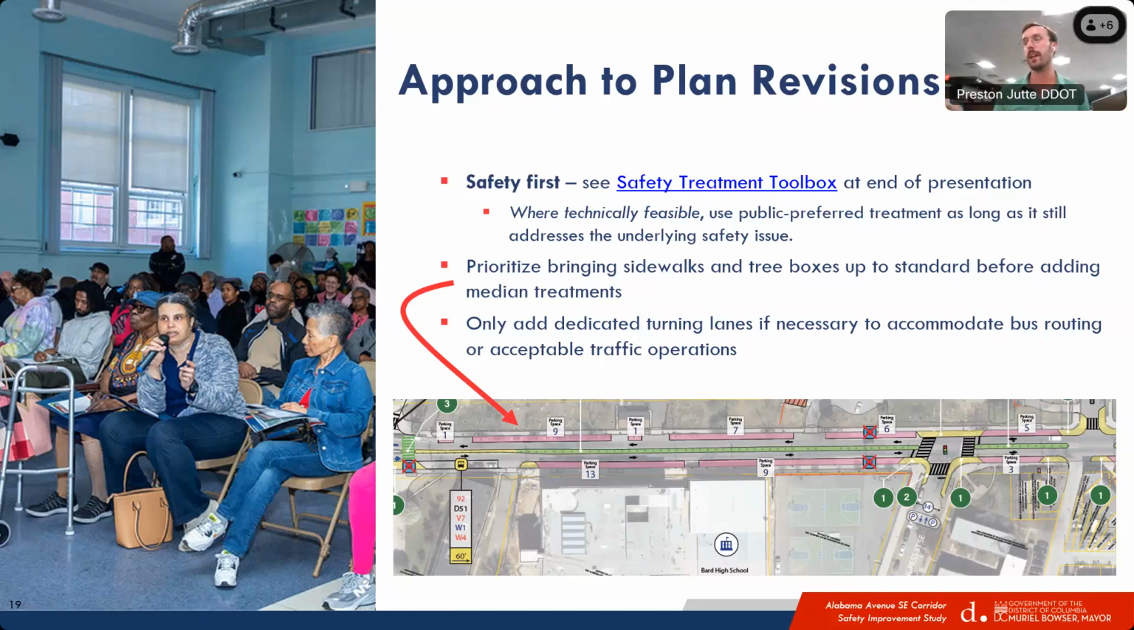Going into, again, our overall approach, reflecting a little bit on some of the comments we've heard about medians, and I'm calling out this specific segment by Bard High School and the cemetery. Where we're currently proposing medians, essentially, where we have extra space, right? We're considering medians here because we have extra space across the cross section to implement safety treatments, but we want to prioritize bringing sidewalks and the tree boxes up to standard before we look at using the space for the